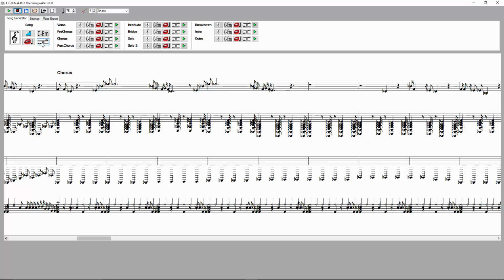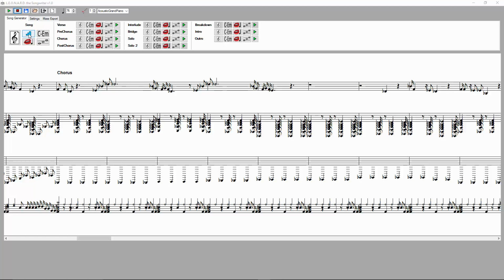replace the parts you don't like, but you can also use a bottom-up approach to building songs. So the first thing you need to do in this case is to generate the song basics using this button here. The song basics are things like the tempo, the key, and the overall song structure, meaning like verse, chorus,